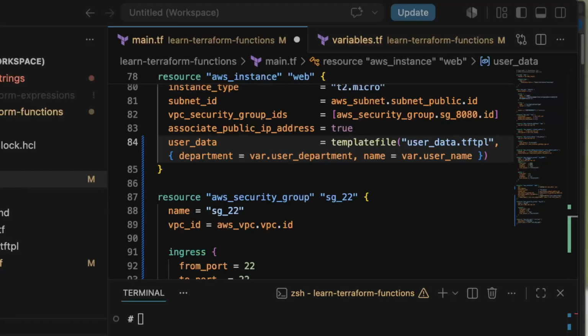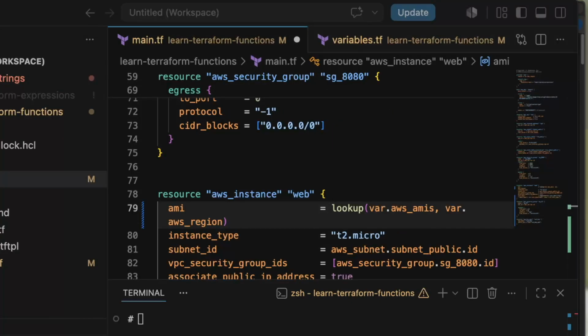What if you could use a single template to generate completely different configurations for different environments? That's exactly what Terraform's template file function allows you to do. What if Terraform could automatically select the correct value based on whether you are deploying to development or production without